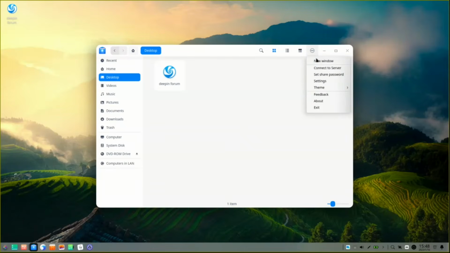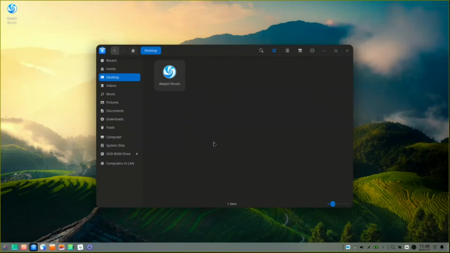Why? Because you can change the theme from light to dark to system. If I press here the dark theme, this one will be a dark theme, and most of the Windows will be dark theme. Also you have the option of connecting to a server, which is very nice, and also another window. This one is also very handy to have.